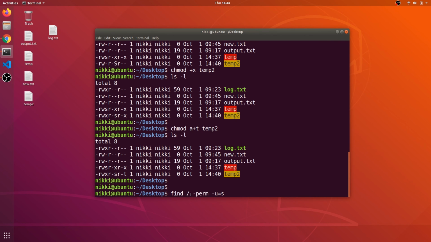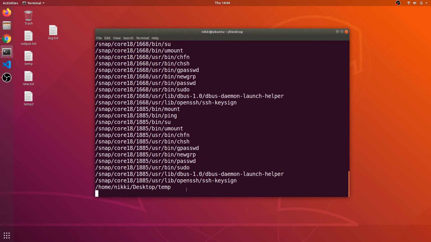So I want to find from the root directory with the permission user bit set, in our case the user bit has been set, and I want only type f, files. I don't want any directories, and I want to redirect errors to /dev/null. We have seen this redirection of errors to /dev/null. Now if I hit enter,